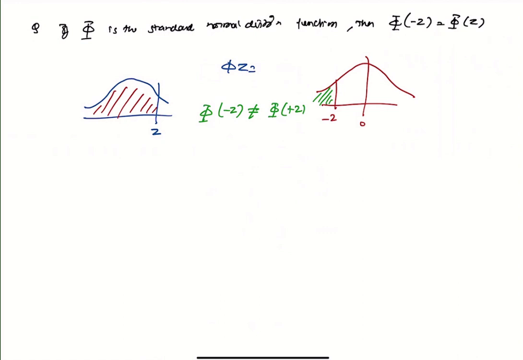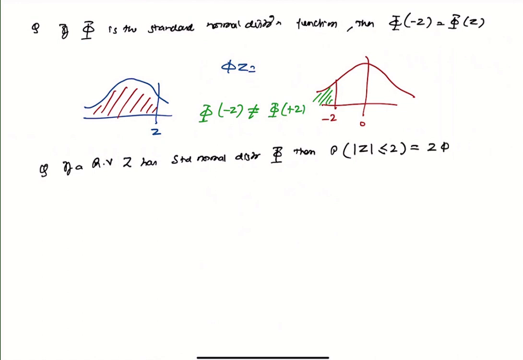The next question is, if a random variable z has standard normal distribution presented as phi, then probability of absolute value of z less than or equal to 2 is equal to 2 phi two minus 1. Okay,